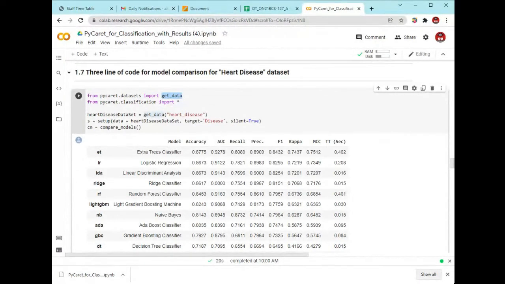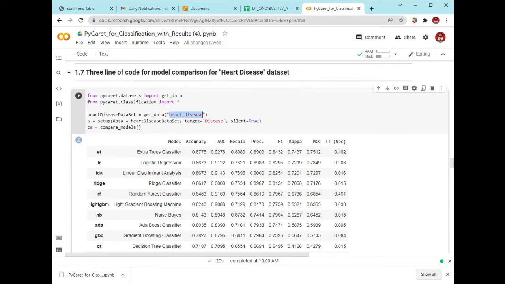And after that, from PyCaret we imported the classification module, and we imported all the classification models right here. Okay, and from this get_data function we have defined the dataset name as heart disease. So all the variables will be passed to this variable, the heart disease dataset.